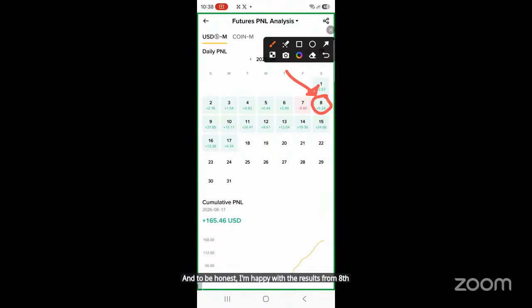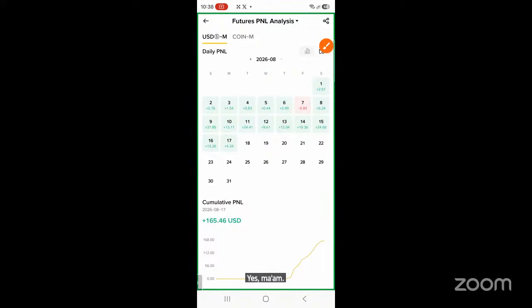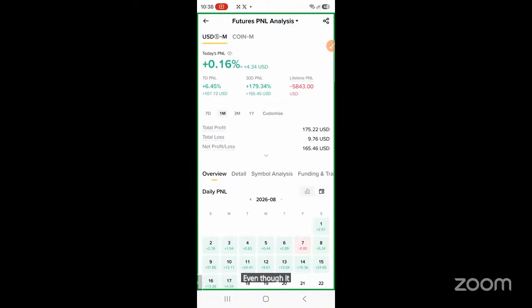I'm very happy. Look at the days from the 8th, 9th, 10th, 11th, 14th. A full week. Look at this month. So to me, I'm happy with the strategy. That's why I recommend it. Even though it can put you into a negative,